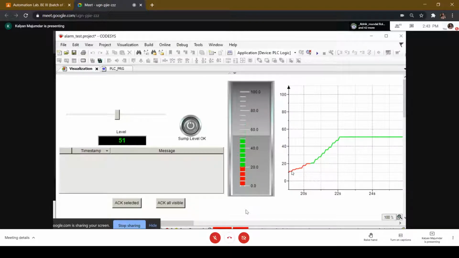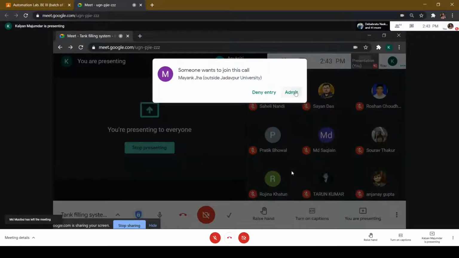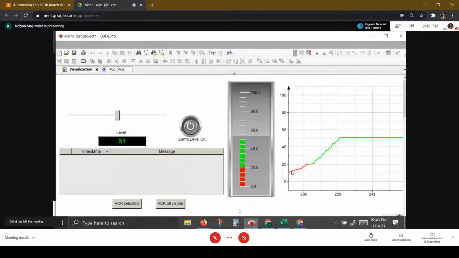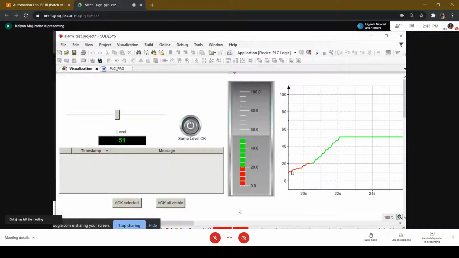In a practical process plant, in a practical factory, the number of alarms could easily be in the range of hundreds to thousands. So if you have to write a dedicated logic for each alarm, developing the program for the alarms itself becomes a huge task. So normally, the necessary software for alarm generation is built into this particular package, whether it's CodeSys or any other competing software